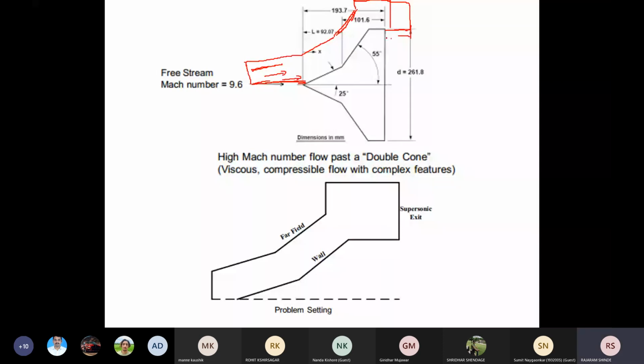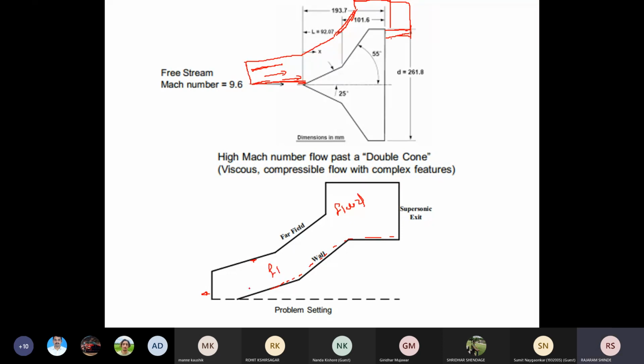Now you see here this separate flow domain. This is your flow domain. Here the effect of this wall, or this double cone, is up to here on the front side, up to here on this side, and this is the wall of your double cone. Okay, now this is a flow domain, or fluid domain, we can say. Okay, this is a fluid.